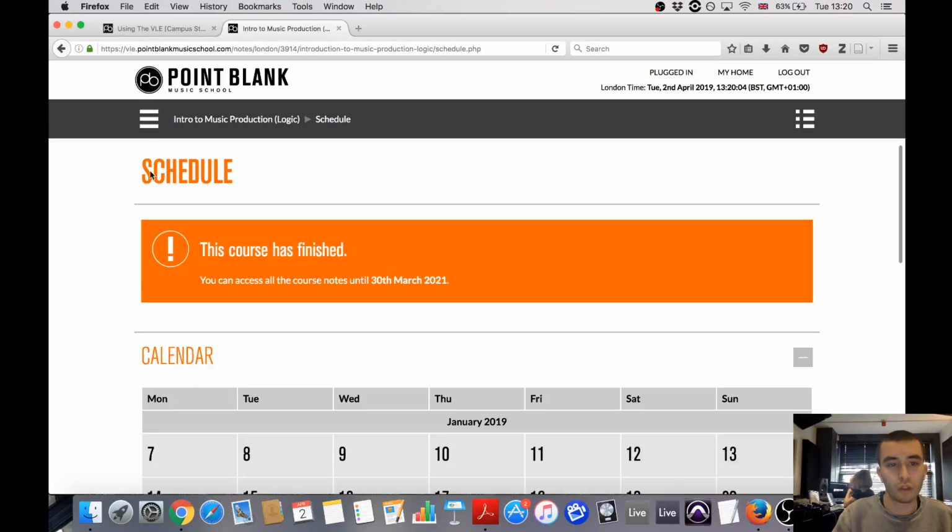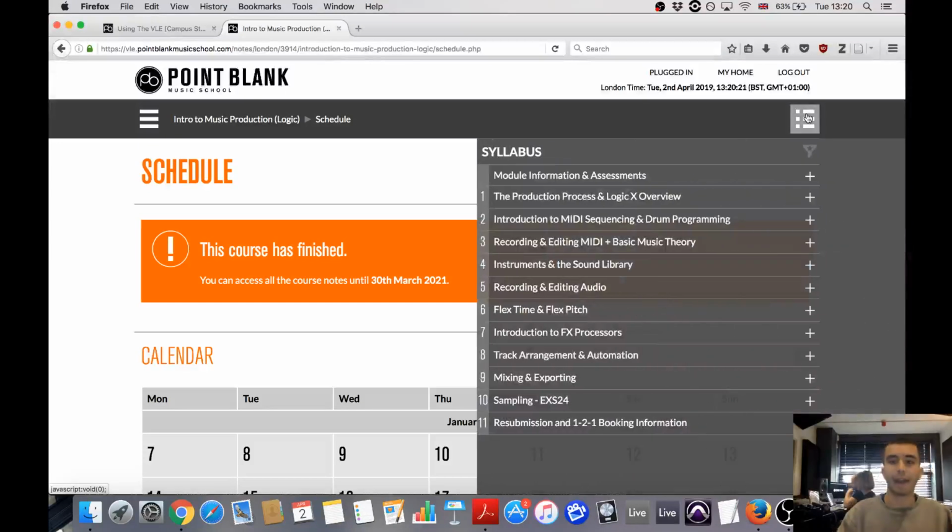Two menus, one in the top left-hand corner here and one in the top right-hand corner here. These are called hamburger menus. I think that's an internet term because they look like a hamburger, 3 layers. I guess that's what they were getting at with that one. Let's click this to expand it out, and now you can see that I'm actually looking at the syllabus. So this is the bit I'm going to take you through next.